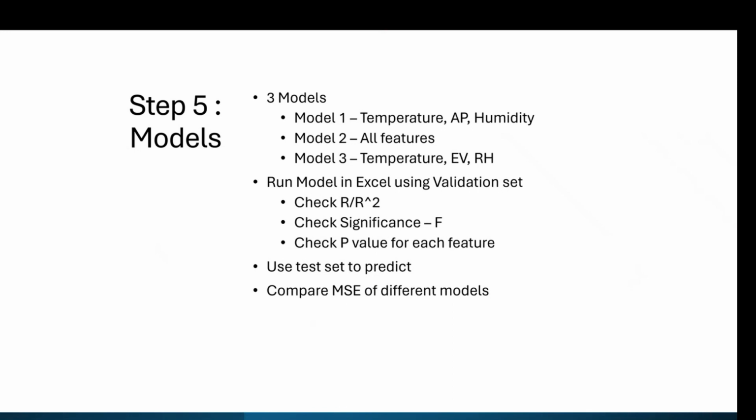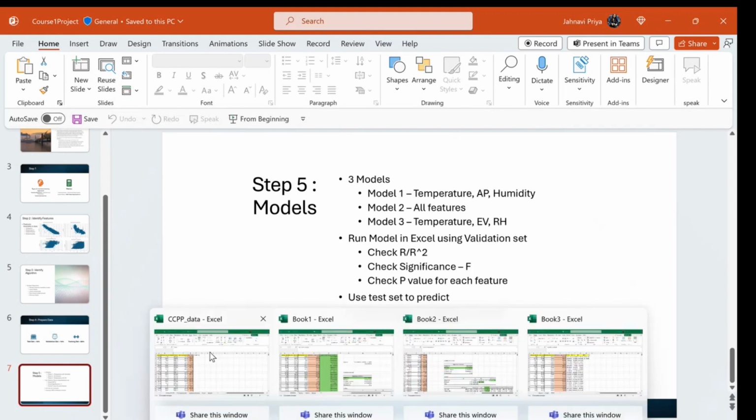For all of these, I started with the validation set initially to determine which is going to be a better model, using the regression summary and the output that I got from the validation data set, which is R square, significance, as well as a p-value for each feature. Then I finalized on the model, ran it through the training set, and then used the equation derived from it to get the prediction. Now, going through the data set that we had,